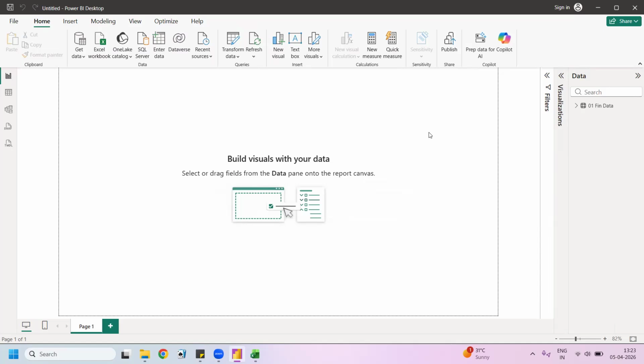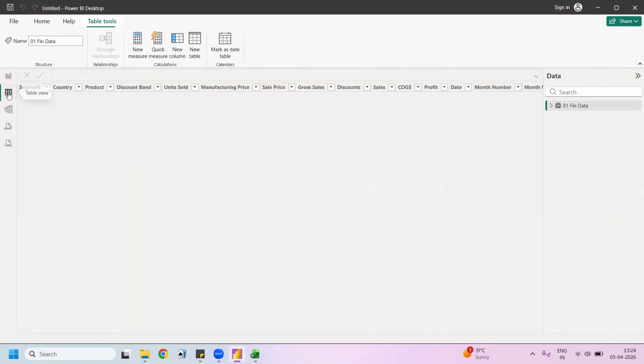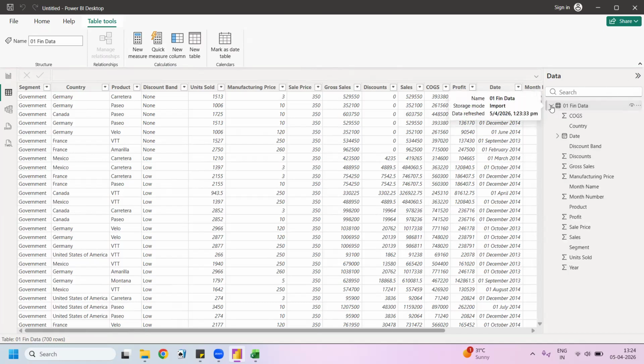Okay, so now it has uploaded the data, and in the data pane, you will see the name of the sheet that you have uploaded, 01 fin data. If you click on this arrow and expand this table, it will show you all the columns in that table. Now, on the left-hand side, if you click on this table view, it will show you all the data in this table. Again, the data pane is common here. If you click on this, you will see the list of all the fields. And here